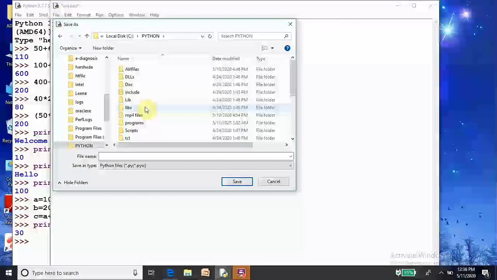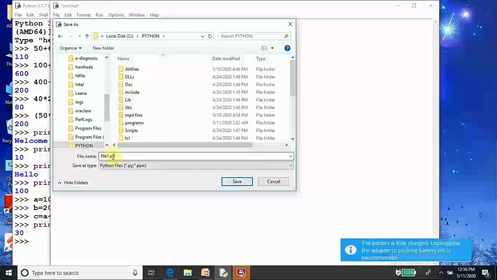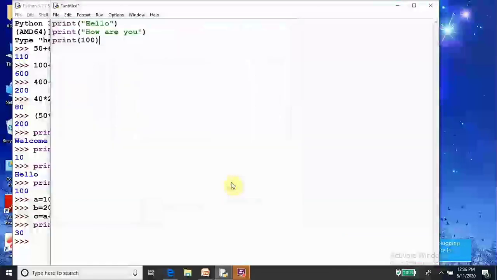So in this folder I am going to save my file. So this is the program. Give any name with extension py. So file1.py. Save. You can see file1.py on the toolbar.